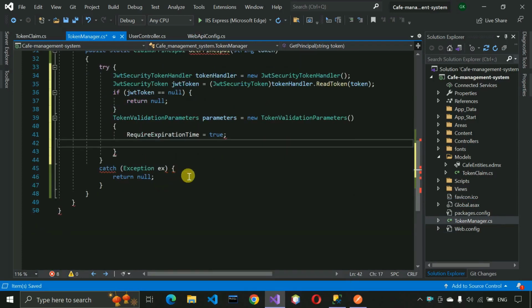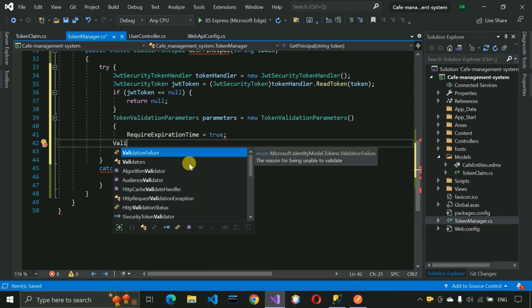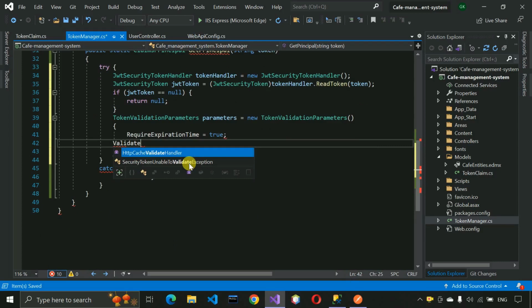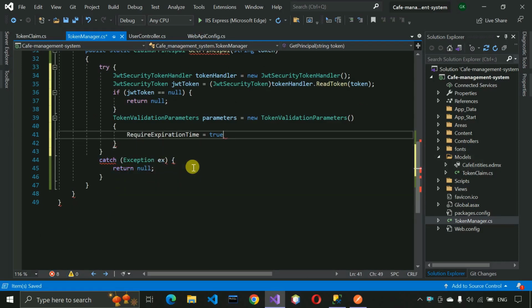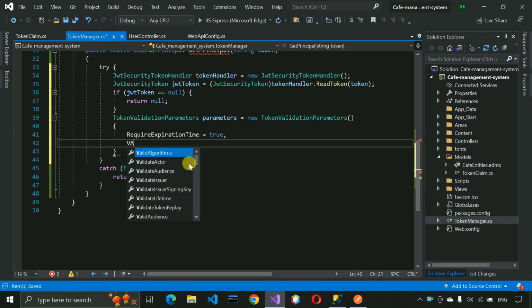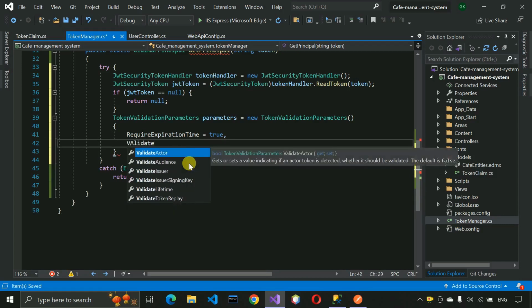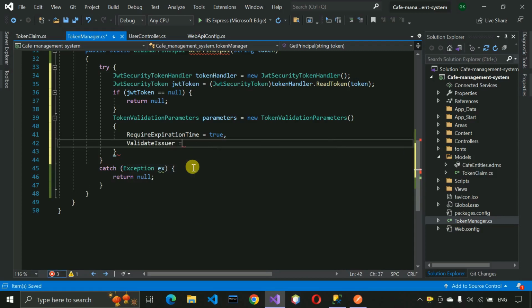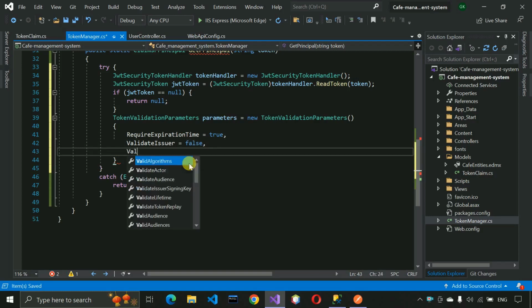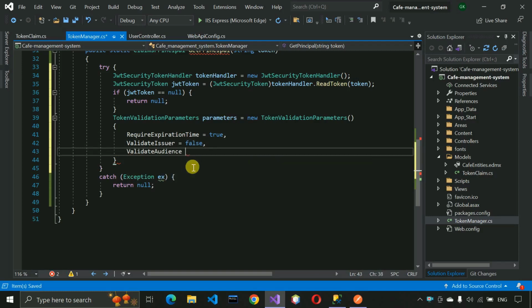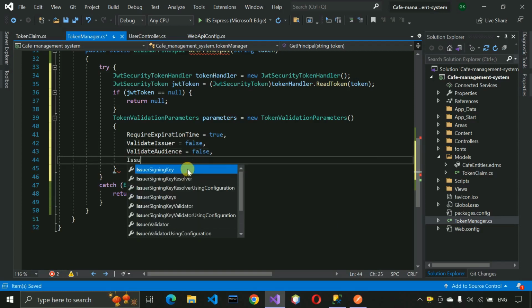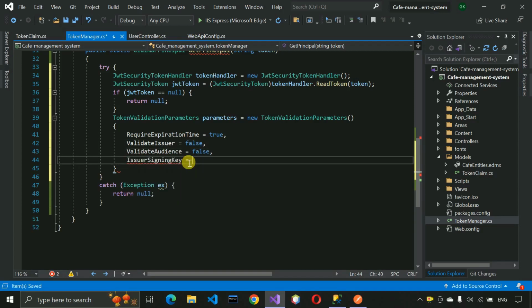Let me scroll this one, and after that ValidateIssuer. It should be comma separated, not semicolon. We do not need to check ValidateAudience, and it should be false, and IssuerSigningKey new